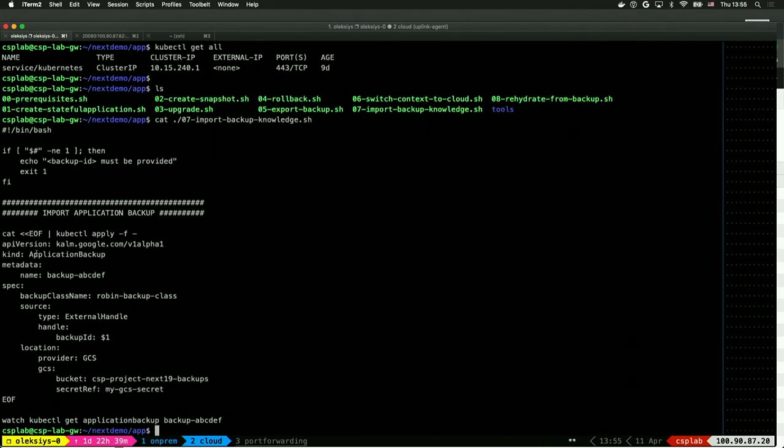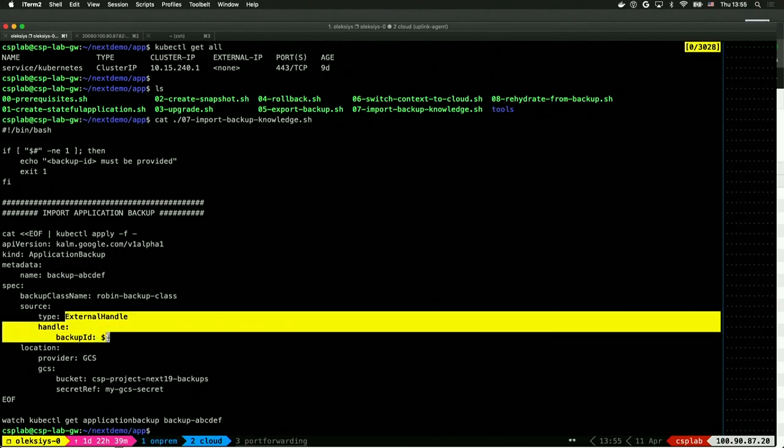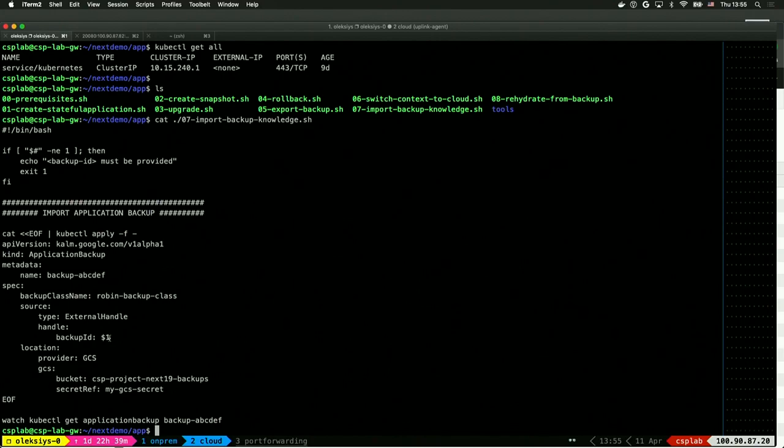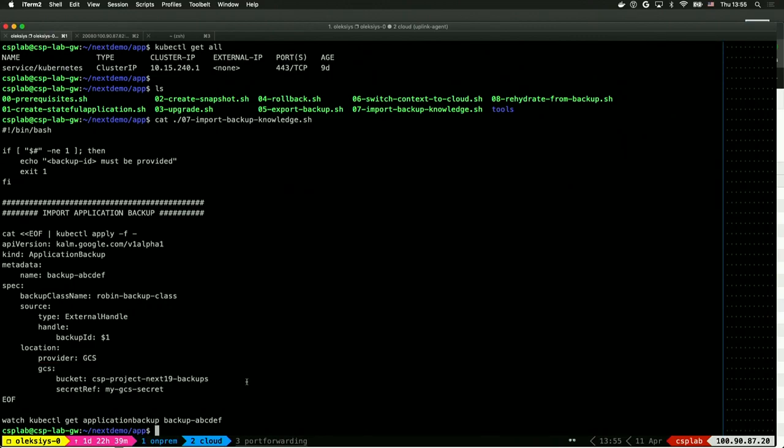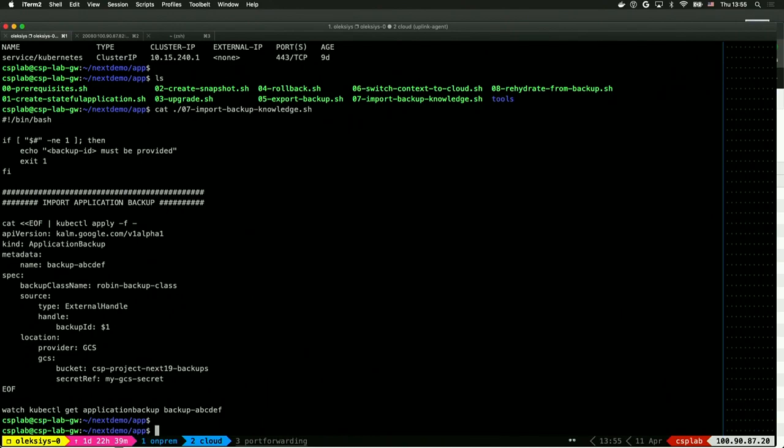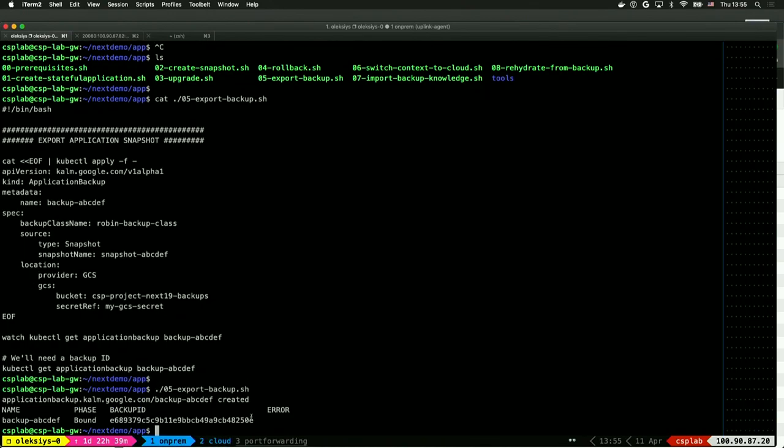As you see, we are going to create the application backup, which refers to the external handle. It's the ID we obtained on the previous step when we exported the backup. And the location where we take the data from is the GCS bucket, which is the same as on the previous step. So let's copy the ID from here,